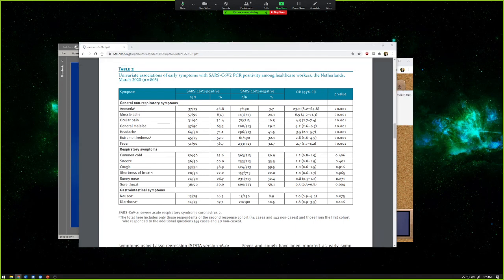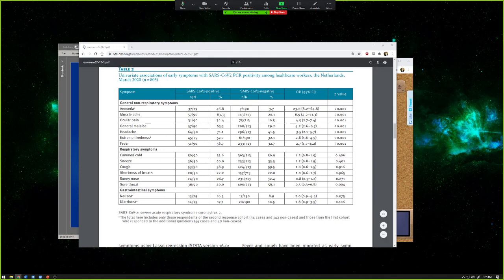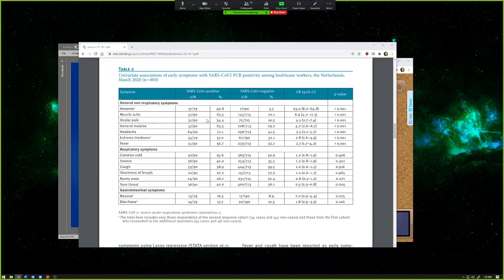So someone's asking, would anosmia be specific but not sensitive? We could figure that out. You could actually put it into that 2x2 table, because we know who has the disease and who doesn't, right? So you could do it in people who actually have the disease or were positive versus people that were not. And then you could do the same thing for people that did not have the disease. And so you could calculate the sensitivity and specificity.